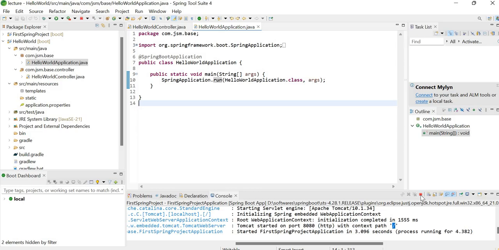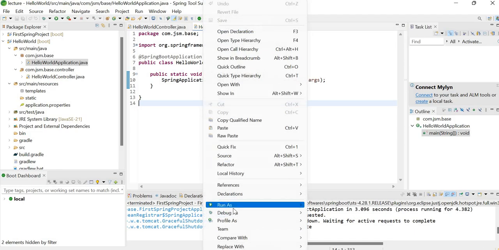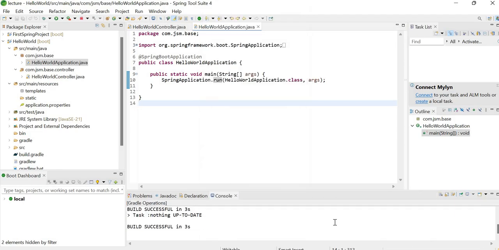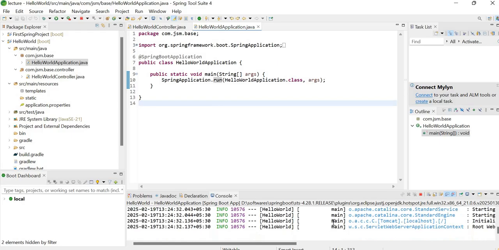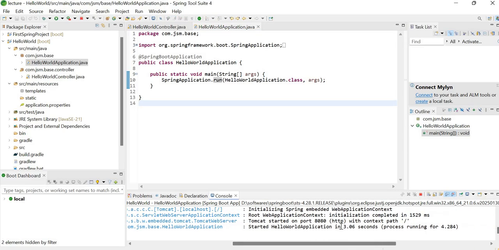So we'll just try to run this. Let me stop this and try to run the Spring Boot app. Great. So you can see our Tomcat server is up and running on port 8080.